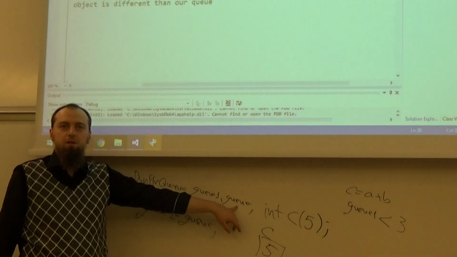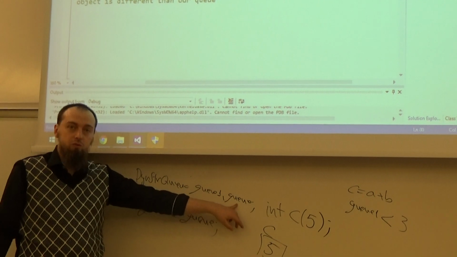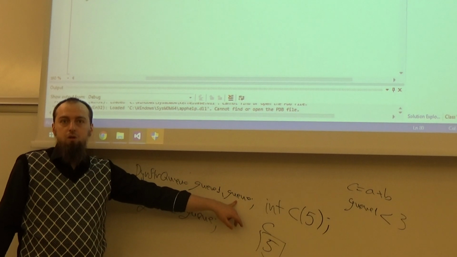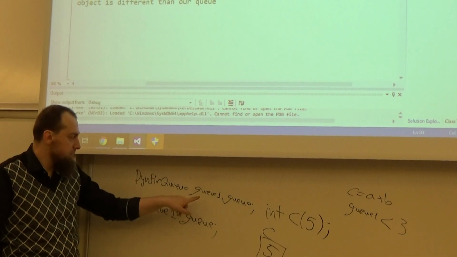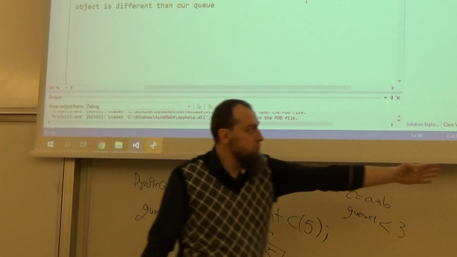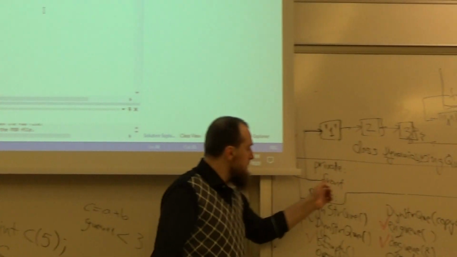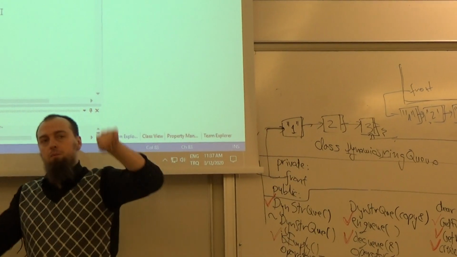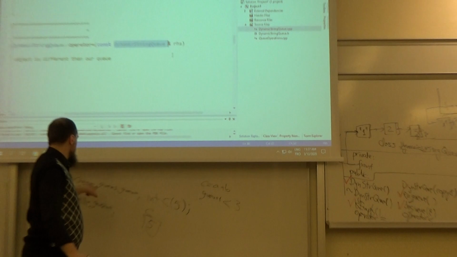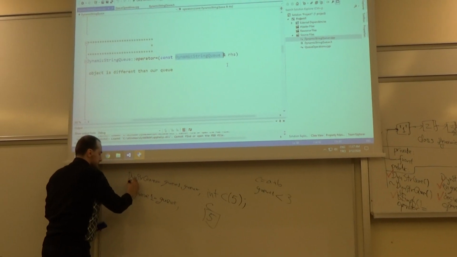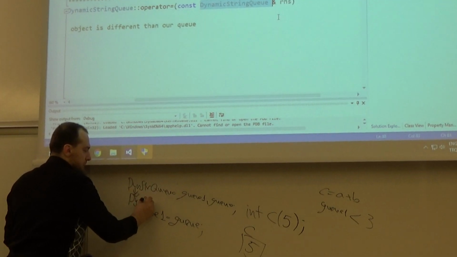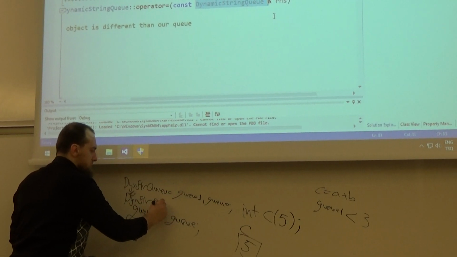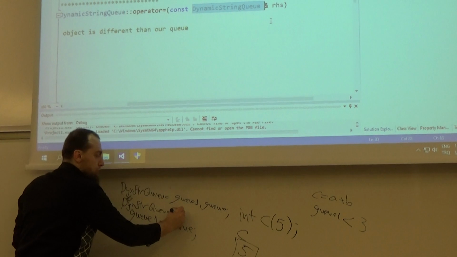Can you tell me? Does it take any parameter, this one, this one? No. If they don't take a parameter, I'm using the default constructor. That means that Q1 and Q2, which are part of the class DynamicStringQueue, have their front and rear pointing to null. Okay? But if I say something like this, DynamicStringQueue, let's say Q3,